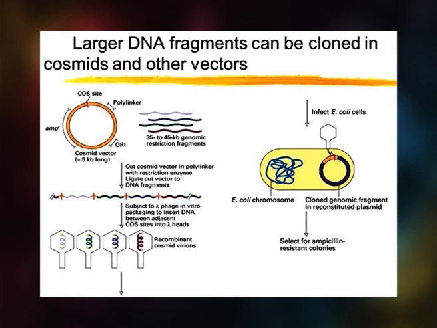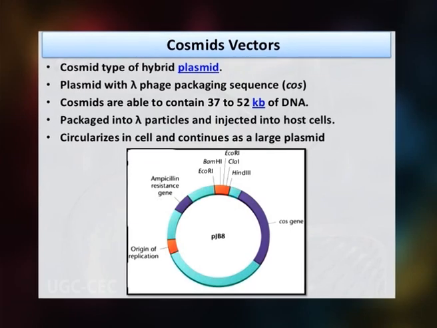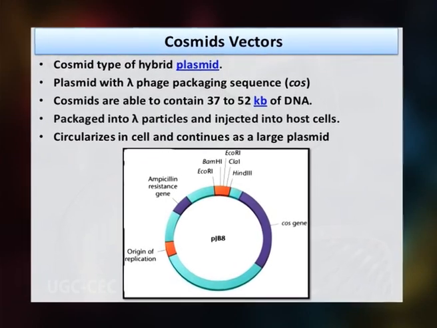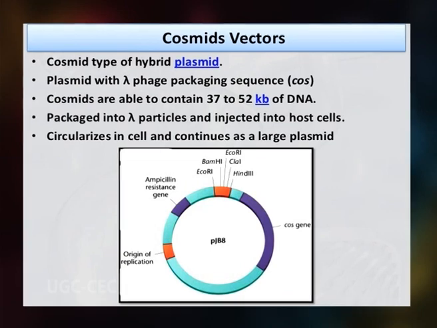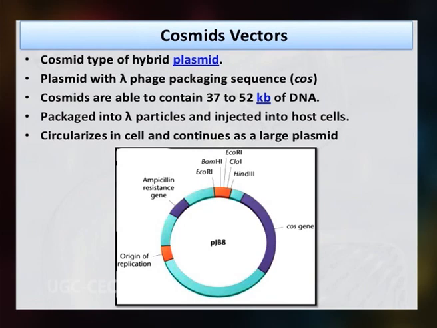Plasmid part helps in selection due to the presence of marker gene. COS sequence allows them to be packaged in a phage coat and to be transduced to a recipient by the lambda injection machinery. Cosmids are plasmids containing phage lambda COS ends. They are 4 to 6 kilobase pair in size and are specifically designed for cloning of large DNA fragments up to 45 kilobase pairs. Recombinant cosmid molecules can be conveniently packaged in vitro inside a phage coat by the cleavage of two COS sites flanking the insert DNA.